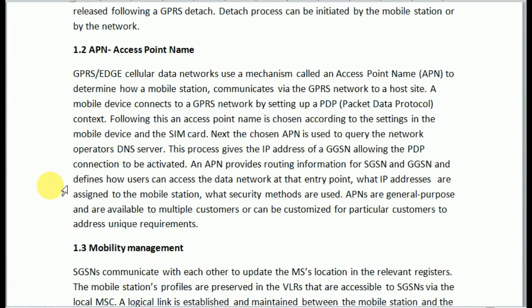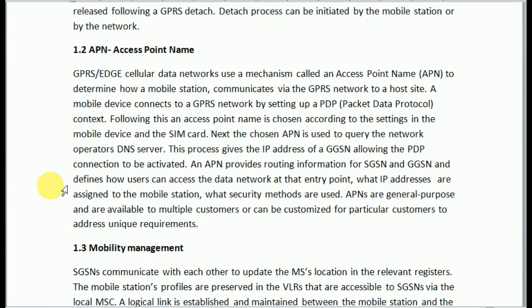An APN provides routing information for SGSN and GGSN and defines how users can access the data network at that entry point, what IP addresses are assigned to the mobile station, and what security methods are used. APNs are general purpose and are available to multiple customers, or can be customized for particular customers to address unique requirements.